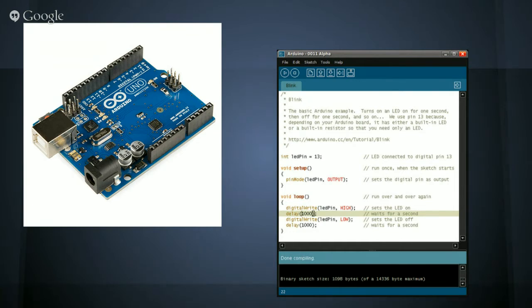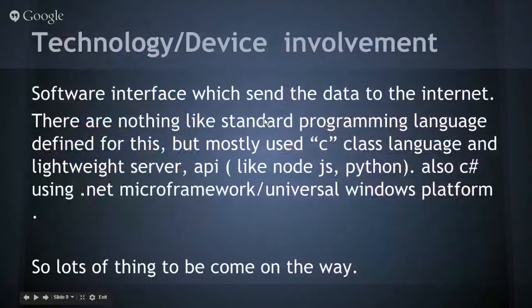These points are called GPIO, general input output. You can plug a wire there and connect to the sensor, and it will work. I'll show you. I don't want to waste time here.